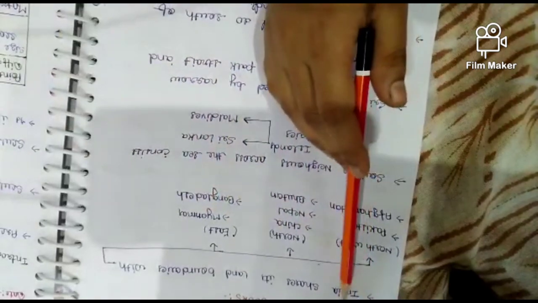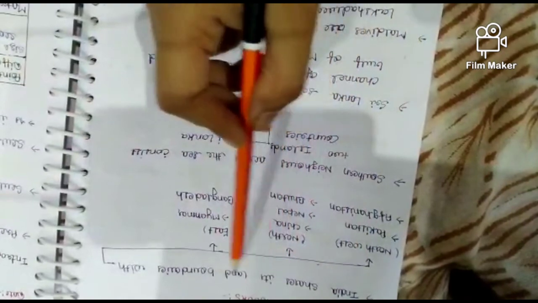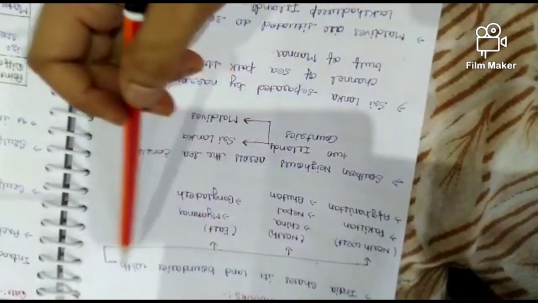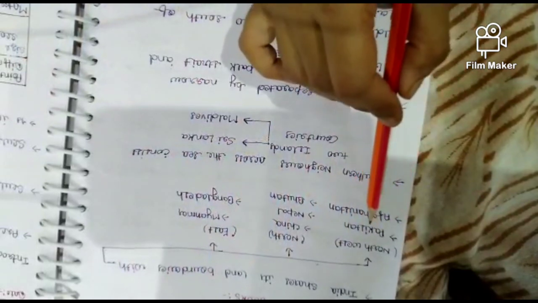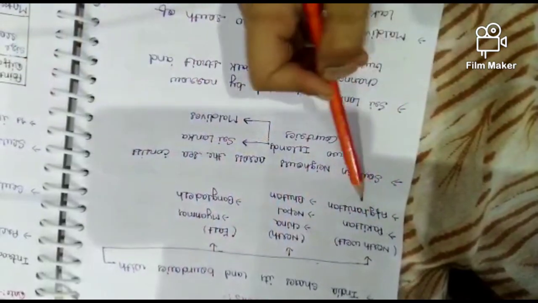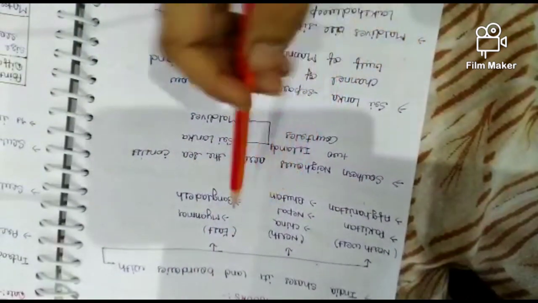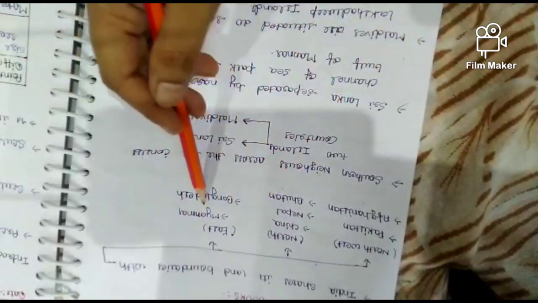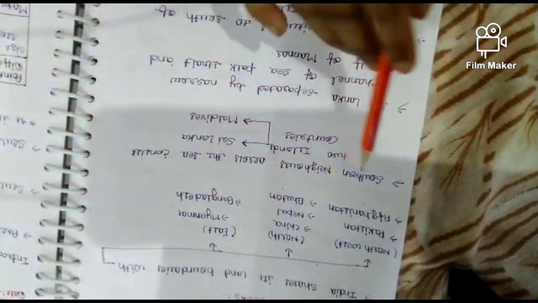Now India's neighbors. India shares its land boundary with Pakistan and Afghanistan in the north-west, China, Nepal and Bhutan in the north, Myanmar and Bangladesh in the east, and in the south, the neighboring country